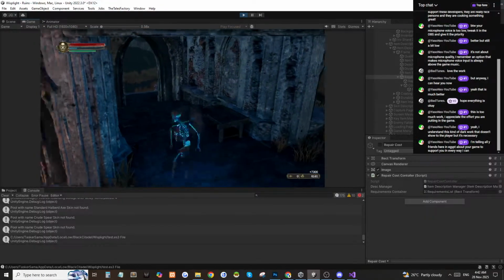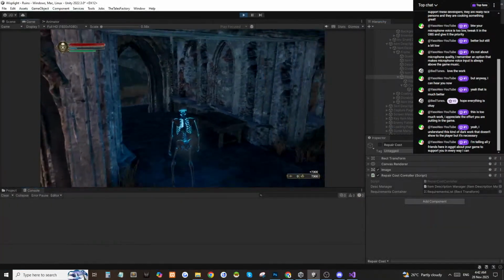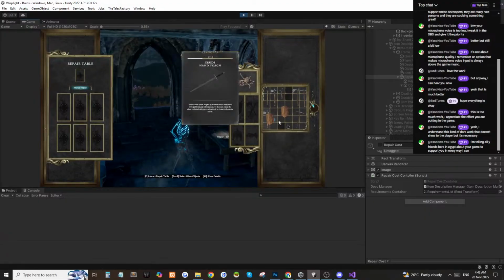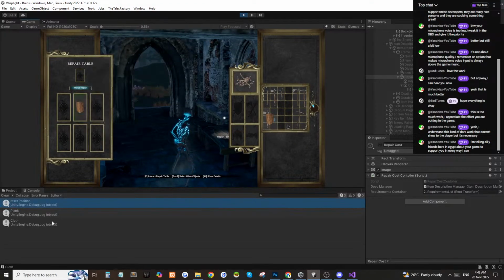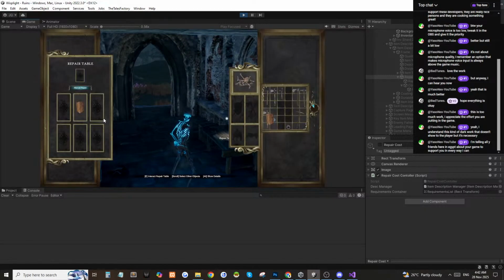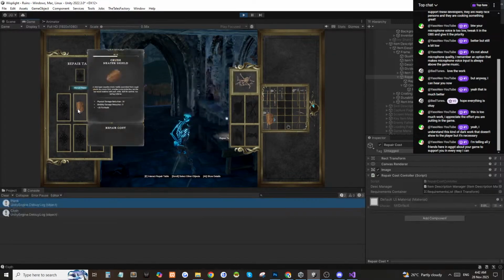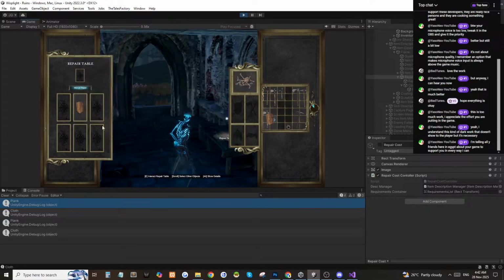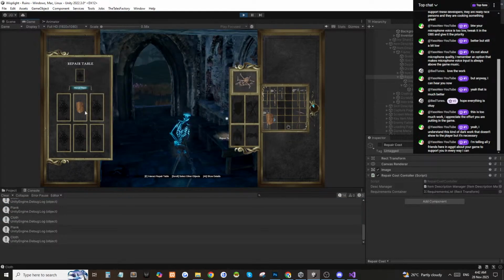Okay, so let's test. Let's clear this first, and hopefully we will see items there. So it's showing it is working. If we hover here, it should display the bug log, the requirements. So there, plank and cloth, right? So it's working. So basically we're fetching it right now. Okay, next